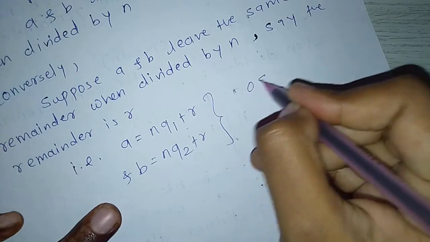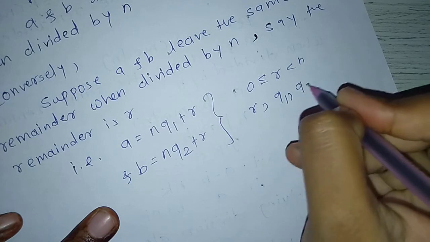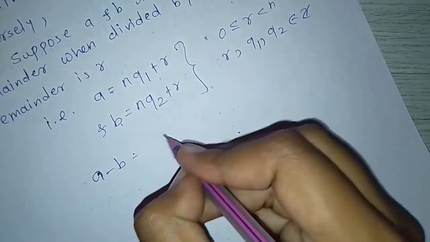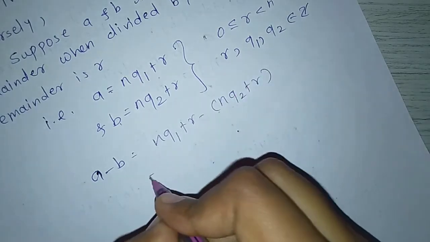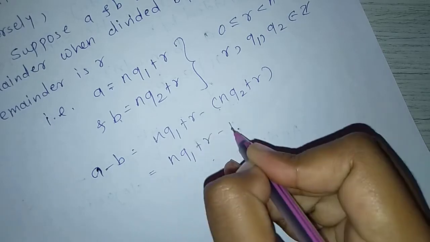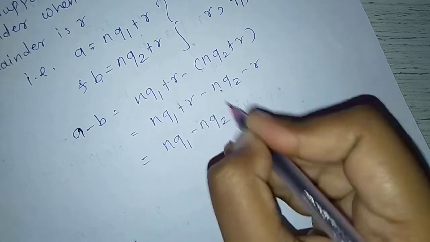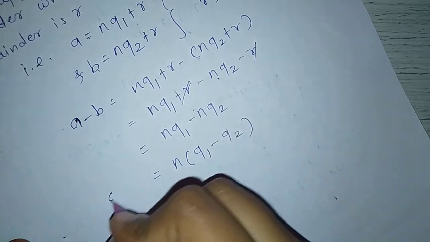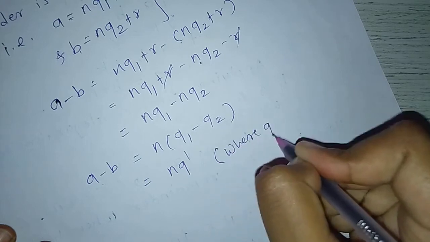Here 0 ≤ r < n, and r, q1, q2 belong to Z. Subtract these two equations, we get a minus b equal to (nq1 plus r) minus (nq2 plus r), which is equal to nq1 plus r minus nq2 minus r. The r minus r gets cancelled. Take n common, n into (q1 minus q2), so a minus b equal to nq', where q' equal to